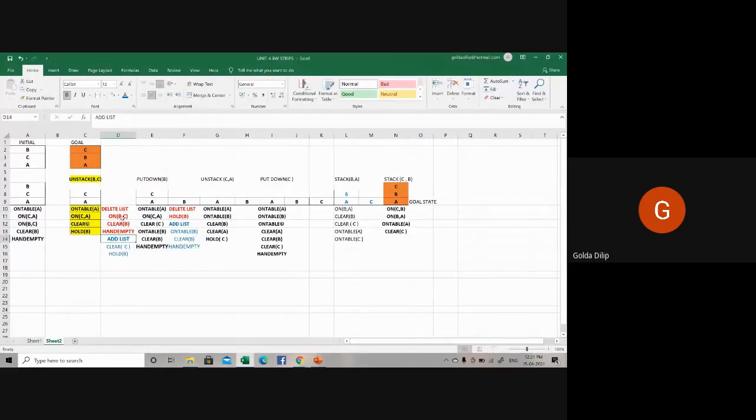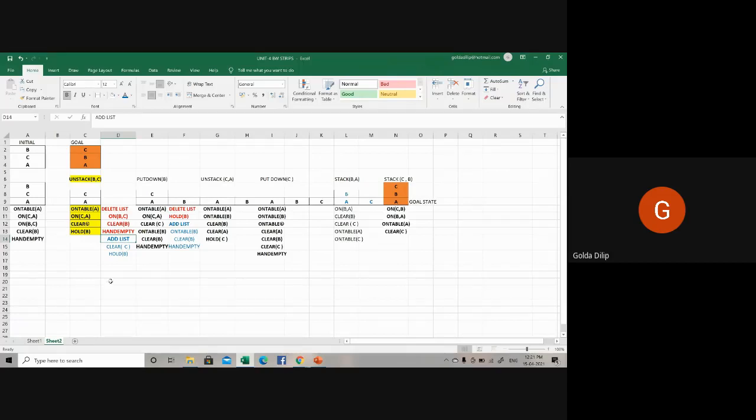The condition which doesn't hold for that action goes inside the delete list, and the predicates which are newly added in order to effect that action go to the add list. The post condition of one action becomes the precondition for the next action.